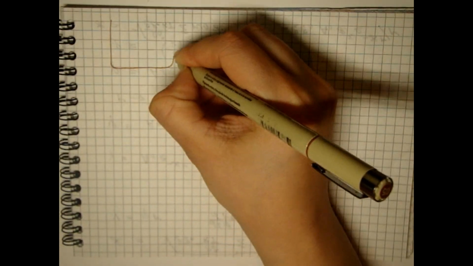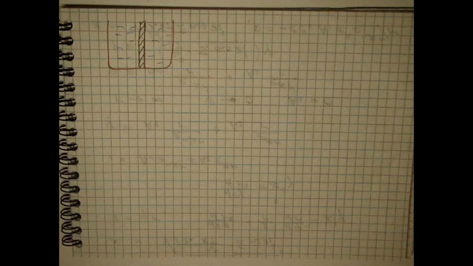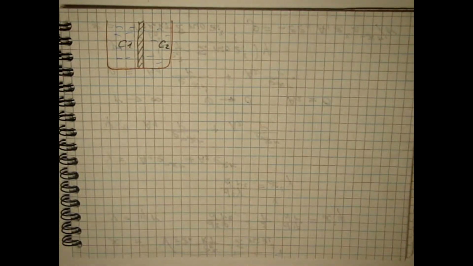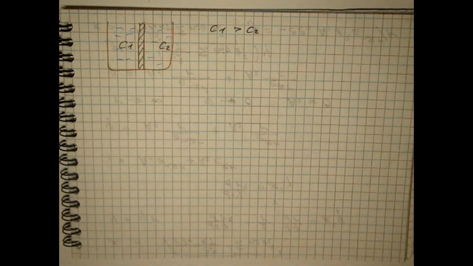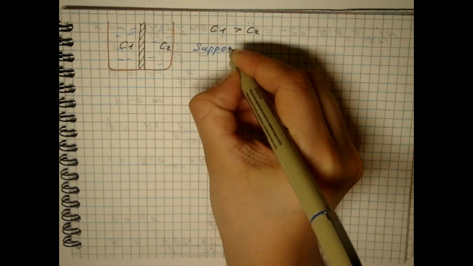Let's consider the diffusion of an electrolyte which completely dissociates into ions from the region of a solution of concentrations C1 to C2. If the diffusion coefficients of cations and anions are the same, then the process is no different from the usual diffusion of uncharged particles. However, if they differ, then specific phenomena occur in the electrolyte solution. Suppose that